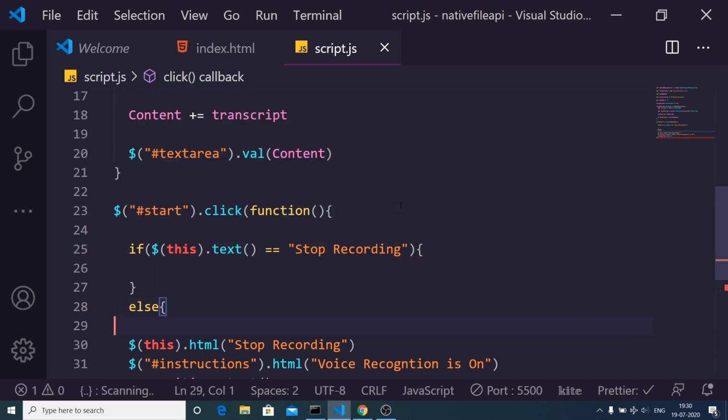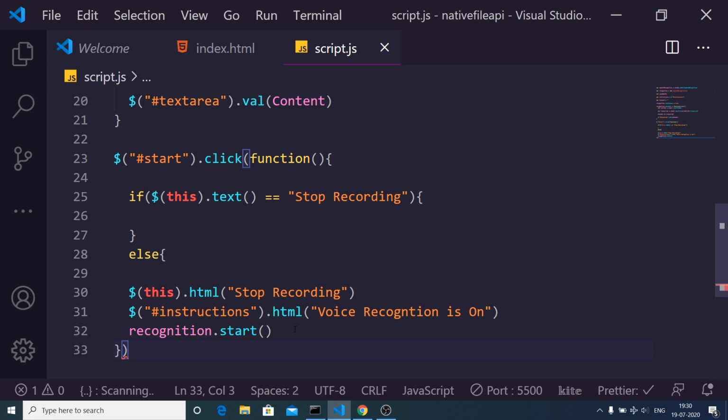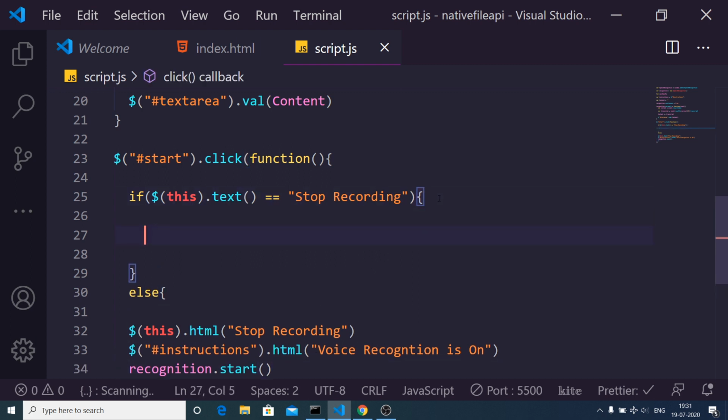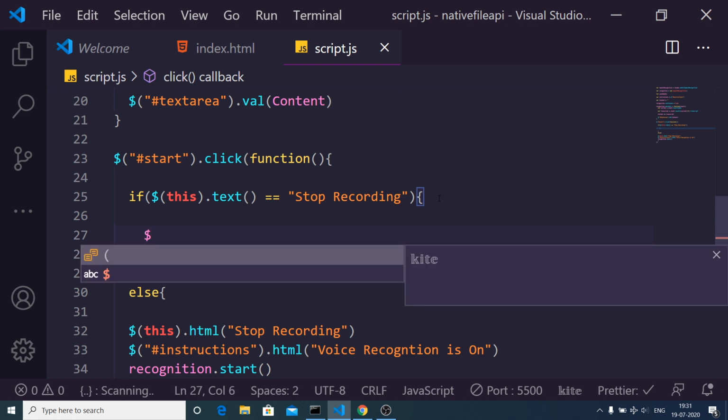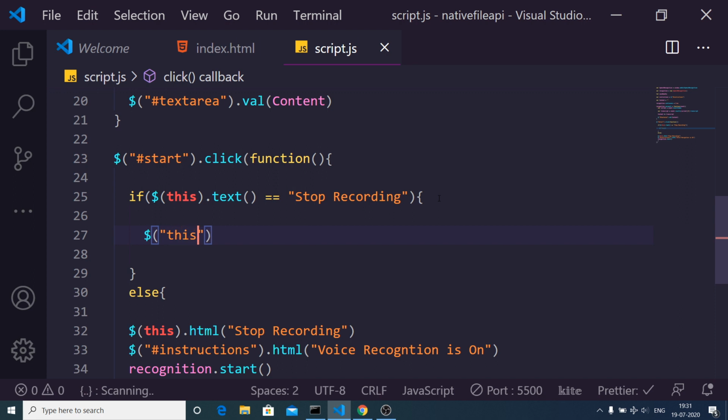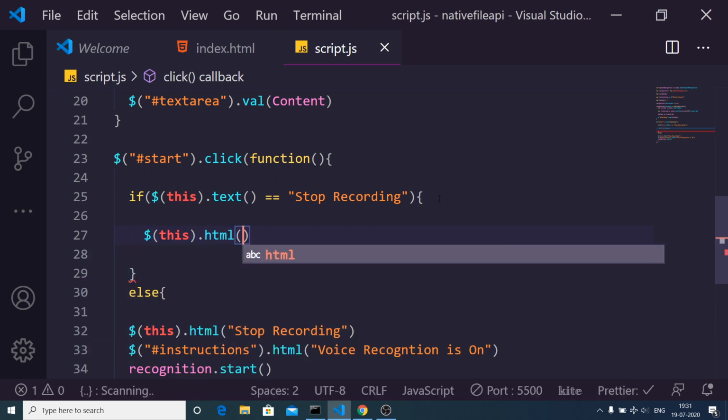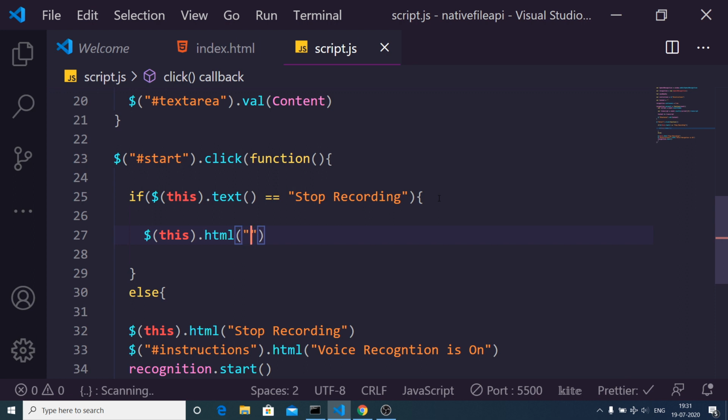So in the else block, we can just write this. If the label is equal to stop recording when we click for the second time, in that case we need to change the label back to start recording.